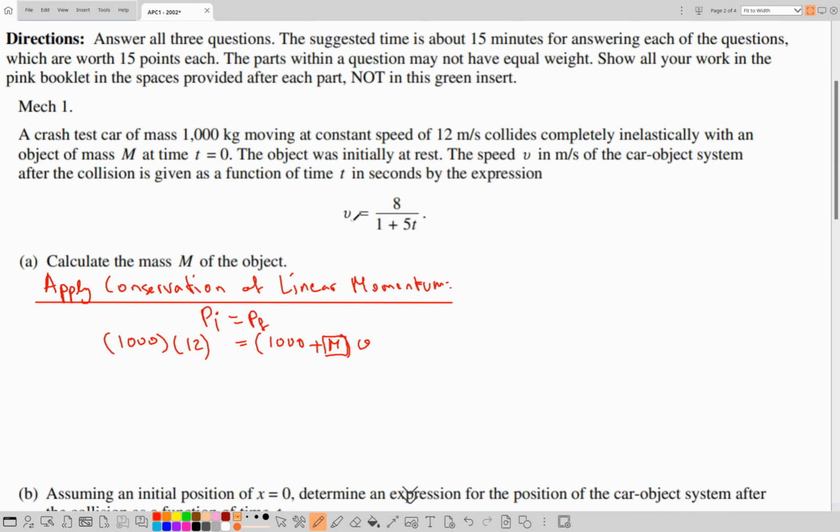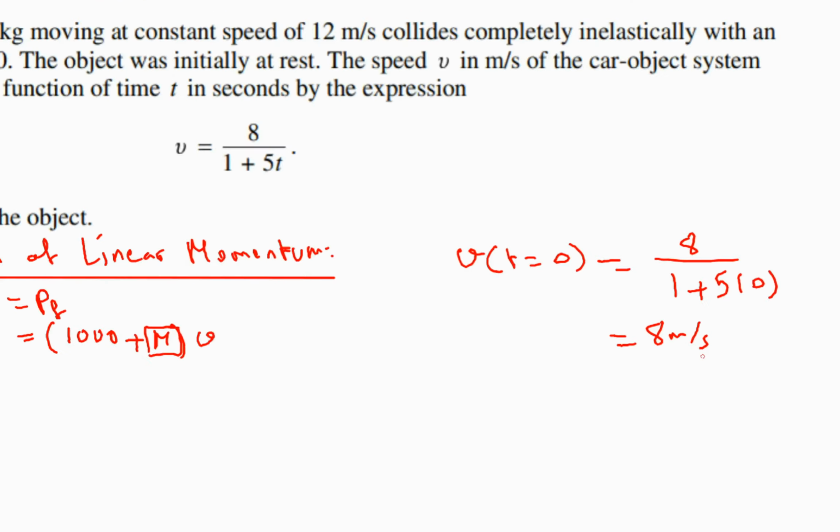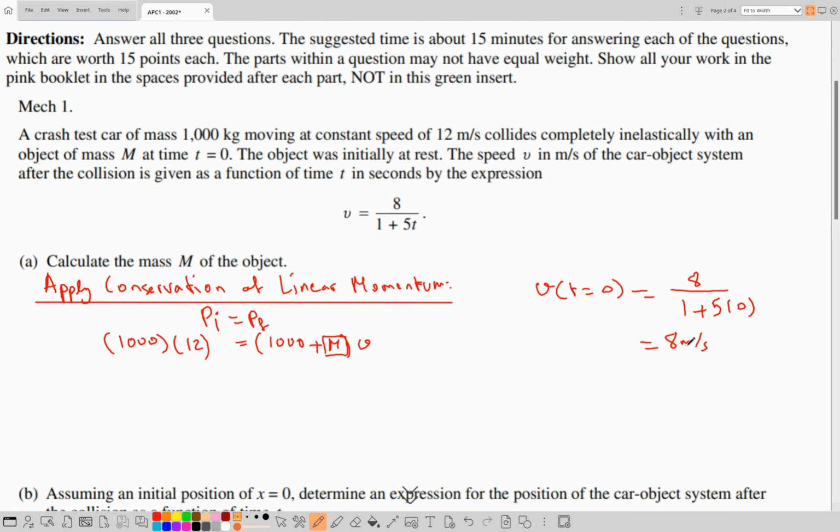Then v can be determined by referring to this expression and replacing t equal to 0, which is the instant of collision. Now v is given by 8, so v computed at t equal to 0 would be 8 divided by 1 plus 5 multiplied by 0, which is basically 8 meters per second. And here notice that the speed drops from 12 to 8 due to the increase in inertia, due to the increase in mass, so that would be